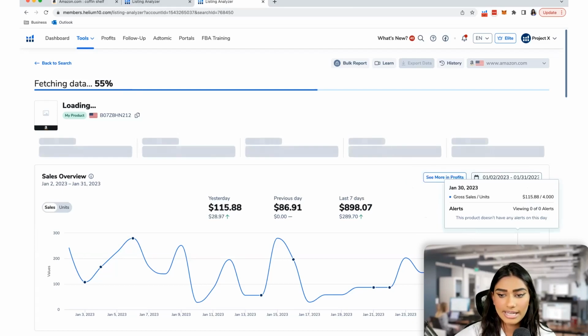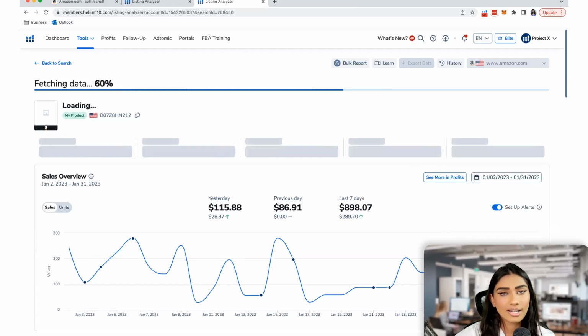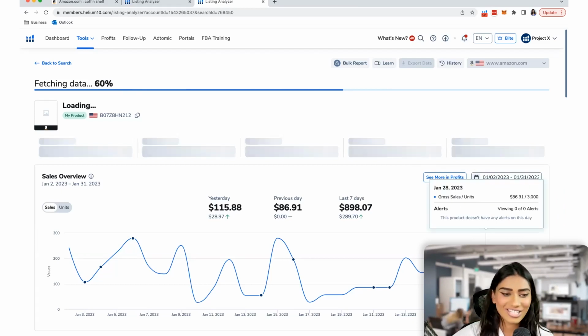Yes. So basically, if you see your competitor or you are changing your listing yourself very often, like every day or something, you're testing, you could always run this and get new results. Yes, exactly. You can see that this information is very up to date. It's gone all the way to January 31st, and I believe that is today's date. So yes, at the time of recording.